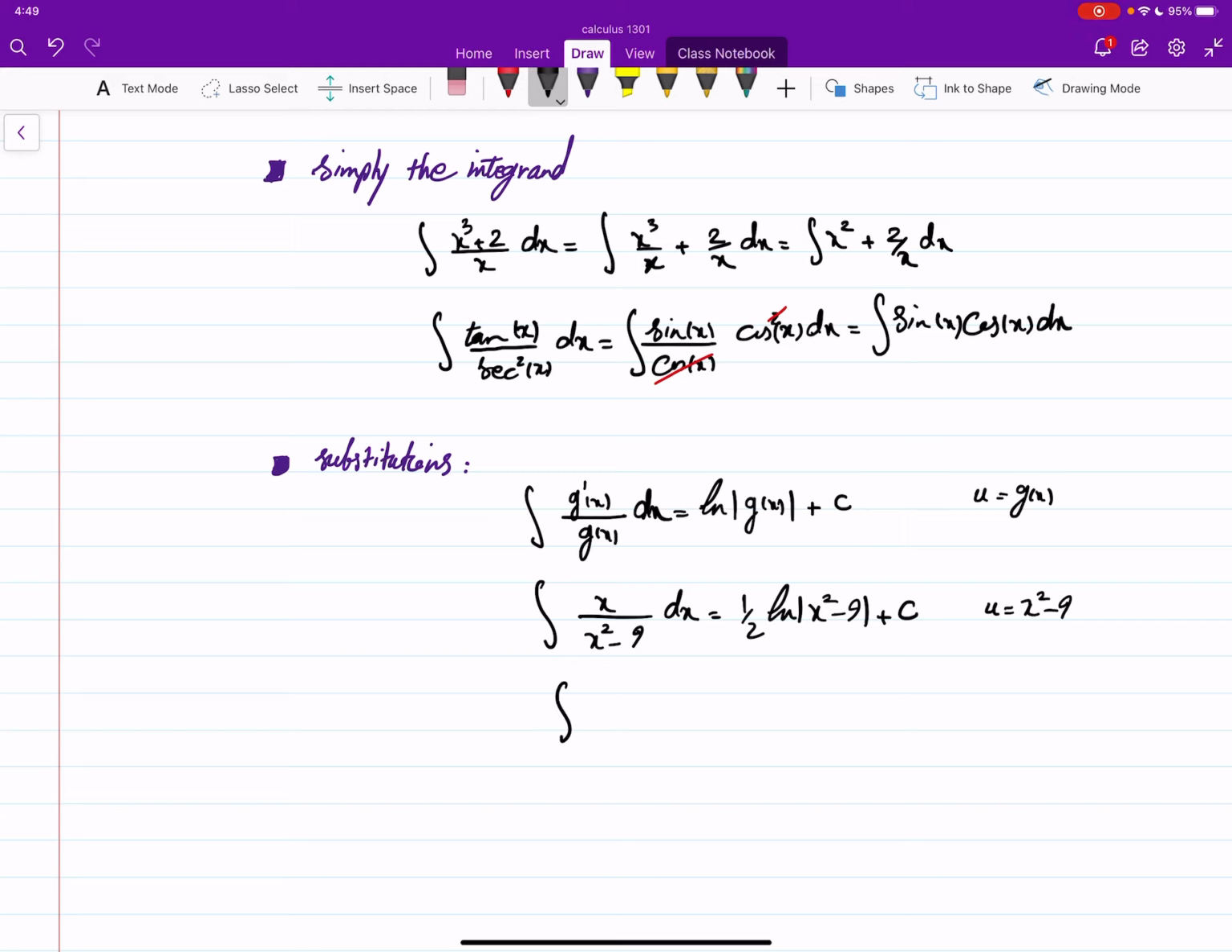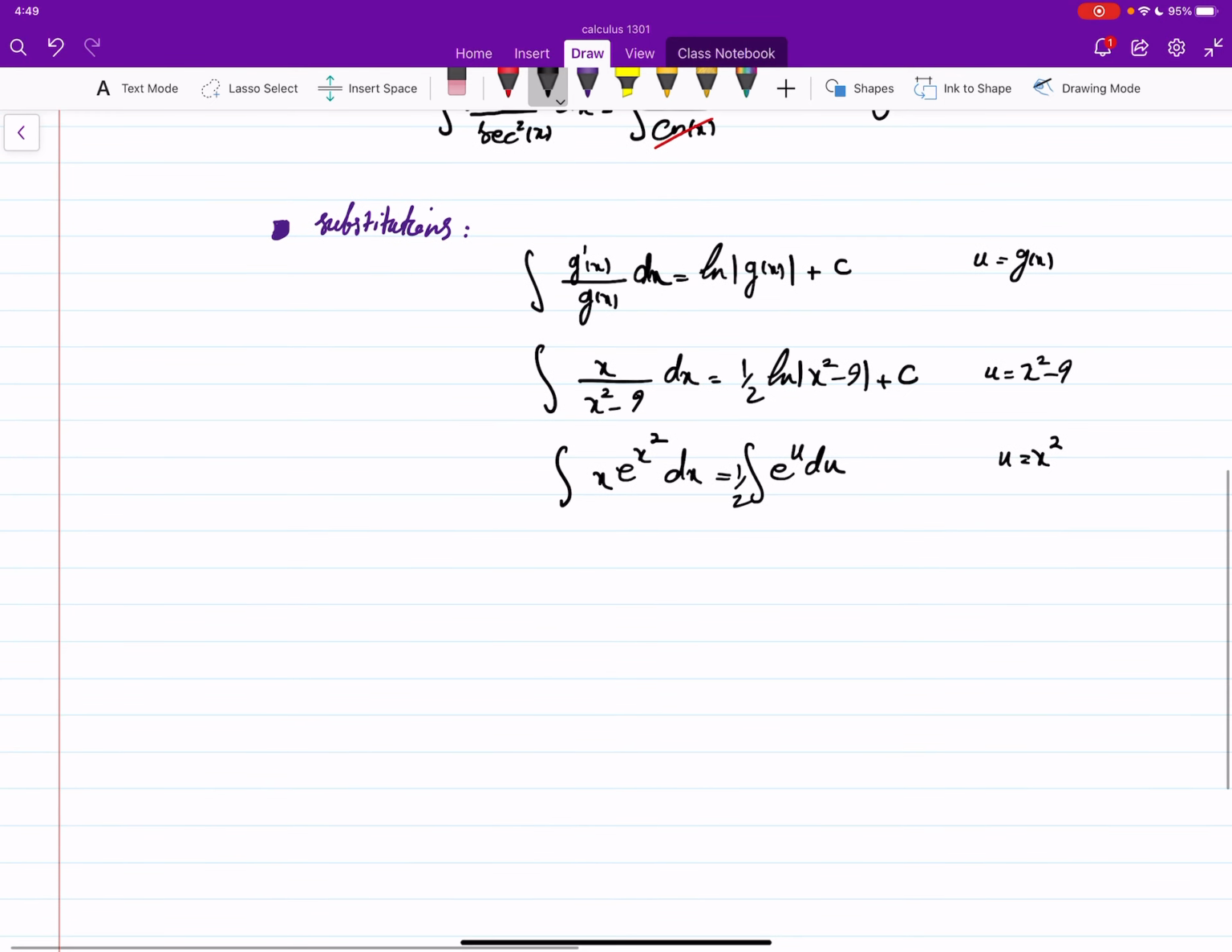or there's another format, for example, when you have e to the power x squared times x dx. Here also u equals x squared would do the job for you and turn your integral into half of the integral of e to the power u du, and so on. So you have to have a good eye for easy substitutions. Then, after the substitution,